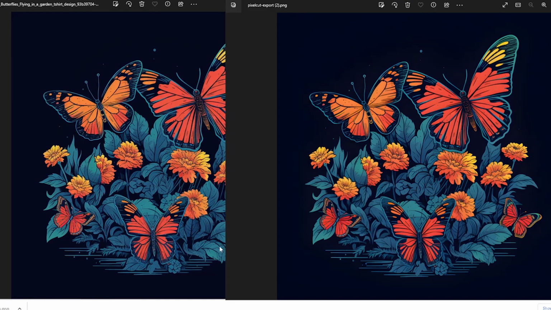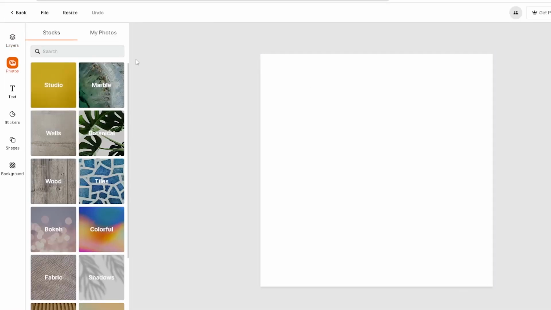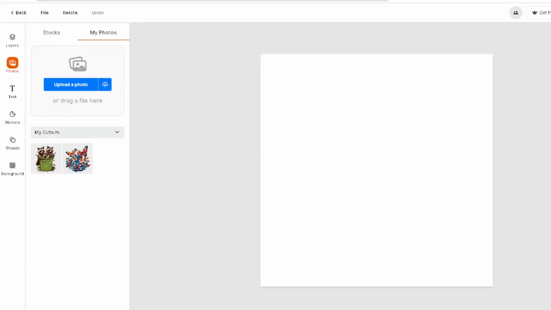All right, boom. Let's say you wanted to remove the background of one of the images as well. So we'll come over here to blank project and we'll upload. Let me grab the photo. Now, remember with certain photos, it's a little bit hard for these programs to remove the background because there's so much going on. So keep that in mind when you're doing this. More of a simple photo works better.